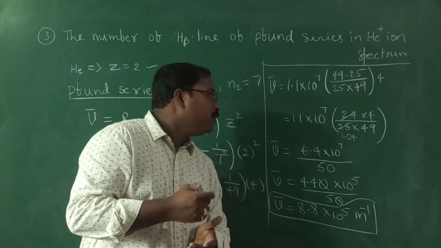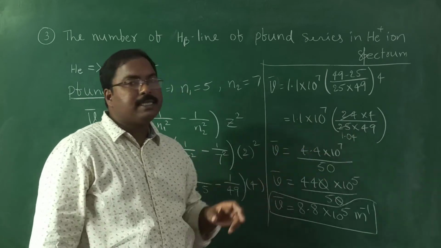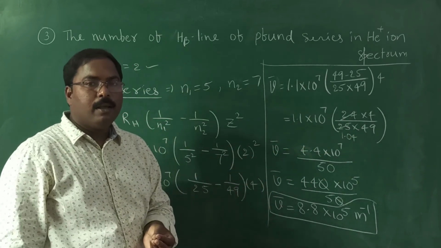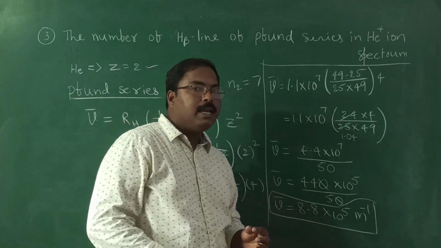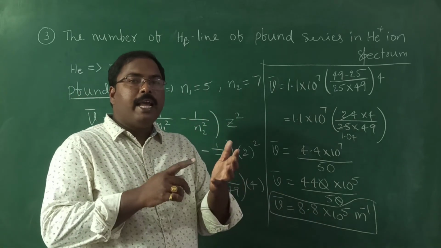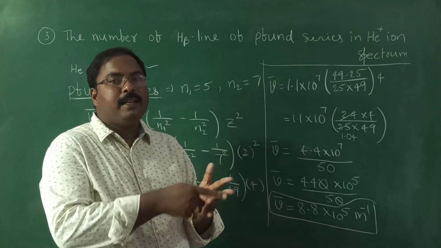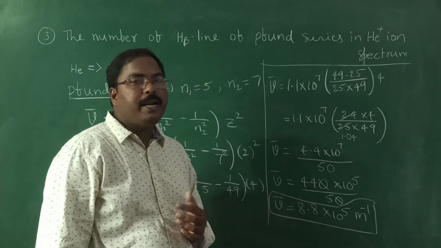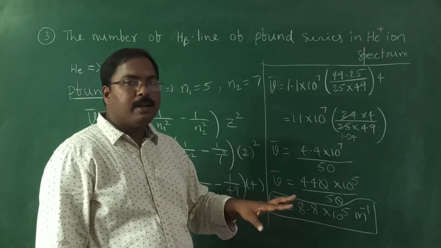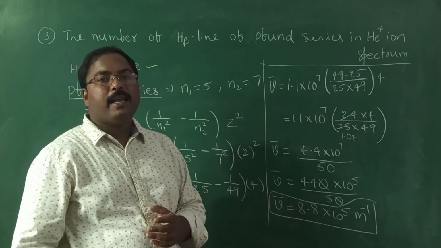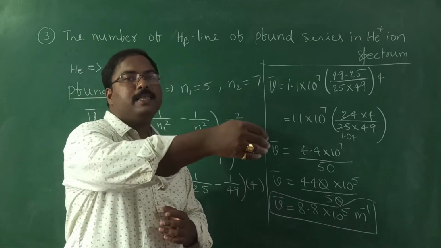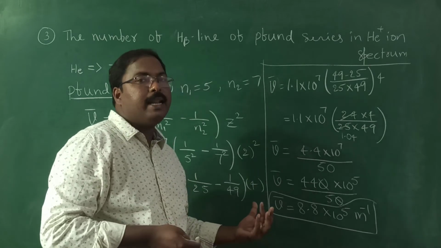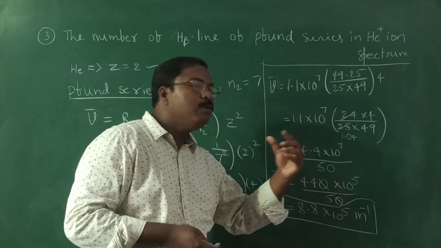Got it? So instead of doing exact calculations, this is a simple calculation. You will get an approximate value. Because if you see the options, they won't be like 8.8, 8.9, 8.7. The options won't be like that. If one option is like 8.8, if it is the exact one, the second option will be around 9. The other option will be 10. Understood? And one more option will be 6. Like that. In such a case, it will be easy to do like this.